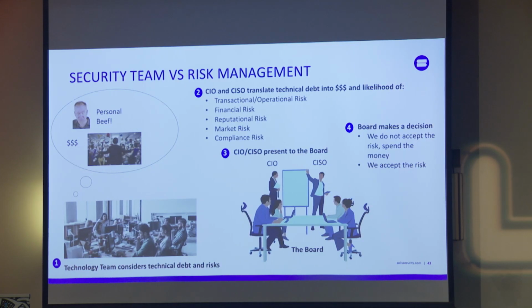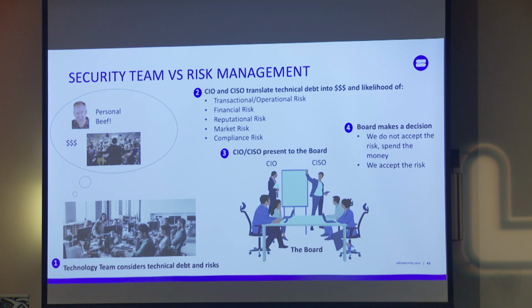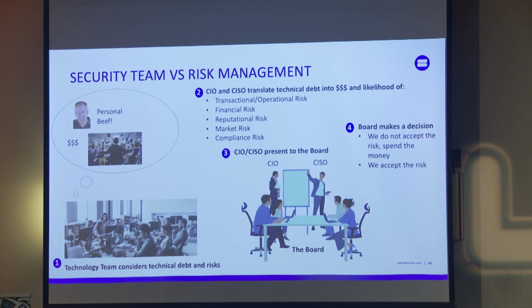I was in a Mandiant briefing the other day, and only 5% of CVEs ever get exploited. So I get we have to block criticals and highs, but really plan it on who's out there and doing what. But give that data to your CIO and CISO, if you have one. Make them present that to the board, and the board gets to make two decisions. I accept the risk or I don't accept the risk.